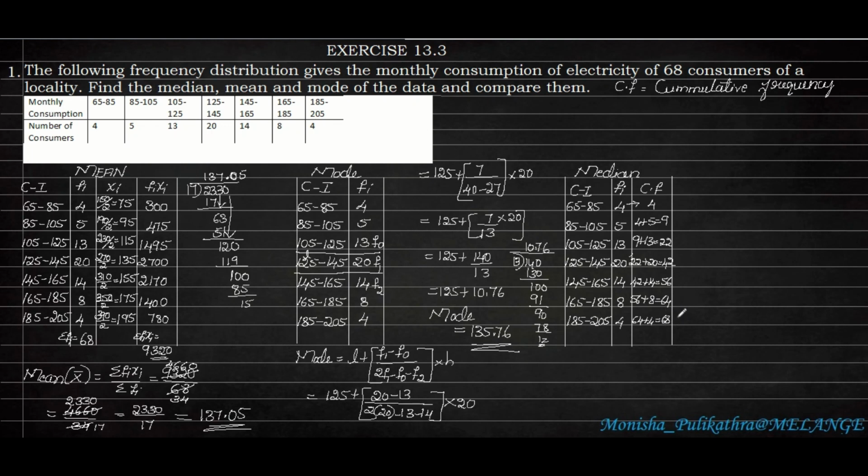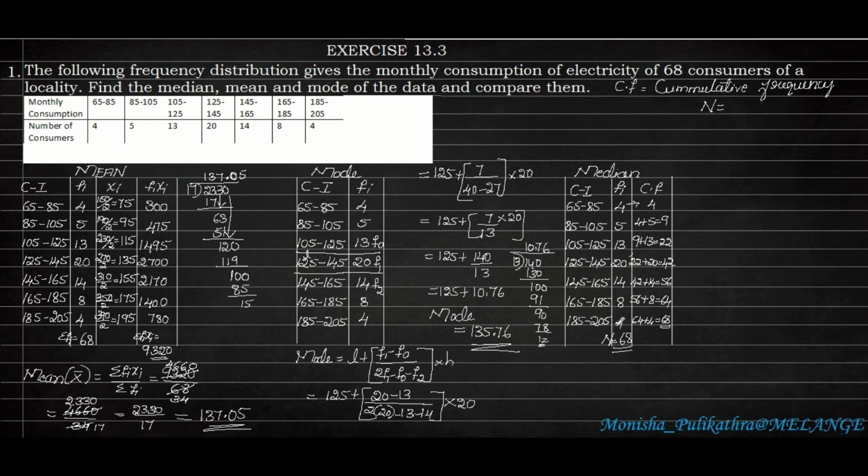Here we can verify whether this last number which we obtained is right or wrong. How? See here, you have to take the grand total of this Fi. When we add this, we will get 68. So this number and the last number which we obtain will be the same. If it is the same, whatever you have done is correct. If the number varies, the addition we have already done is somewhere wrong, and you can verify it by the answer. So n is the grand total of Fi, whereas the last number which we obtain in the cumulative frequency must be the same. Okay. So next we have to calculate the median.